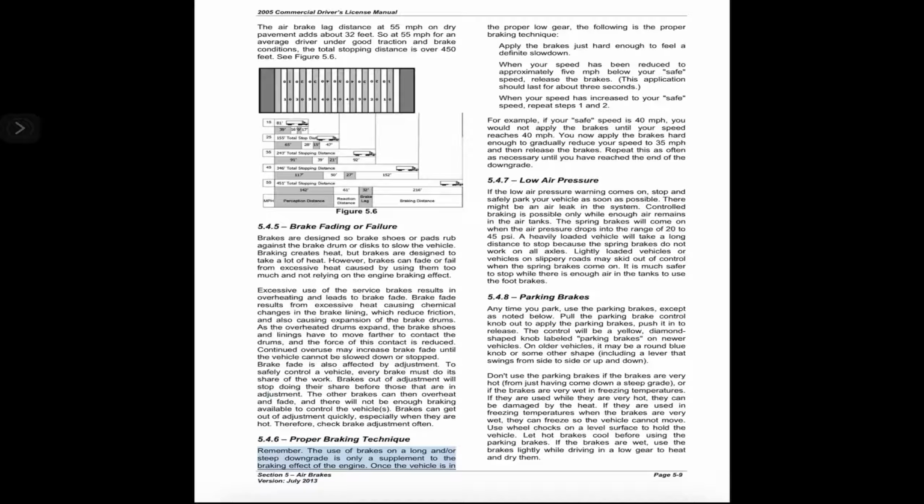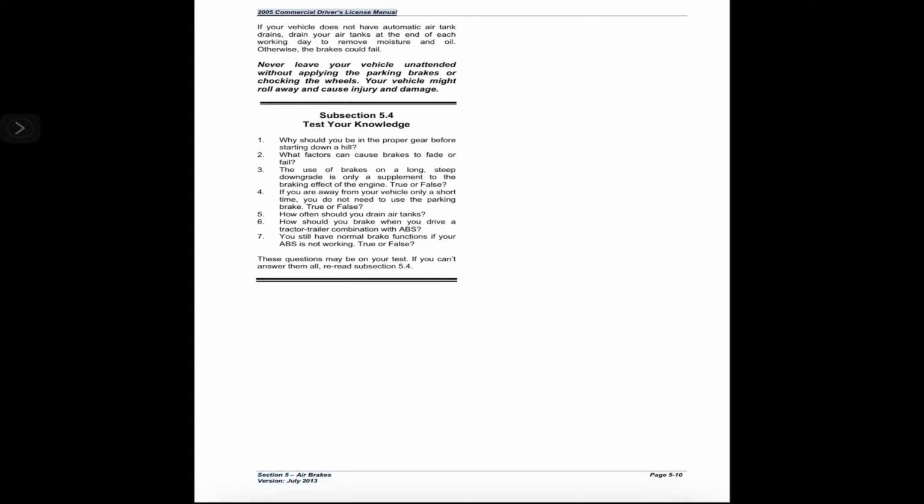5.4.6 Proper braking technique. Remember, the use of brakes on a long and/or steep downgrade is only a supplement to the braking effect of the engine. Once the vehicle is in